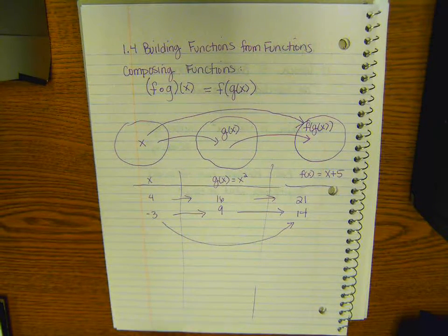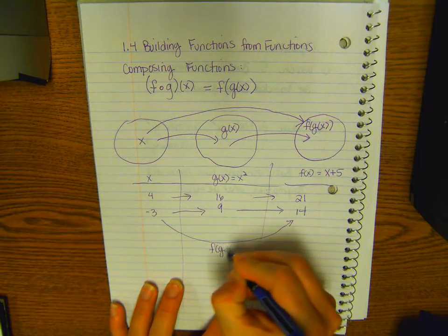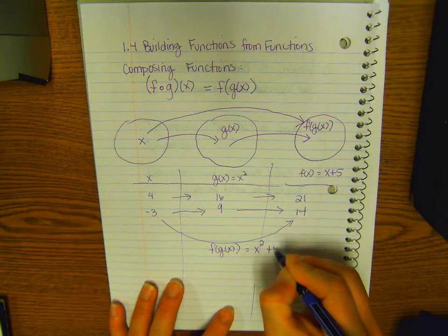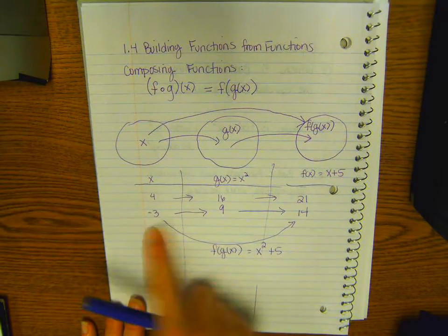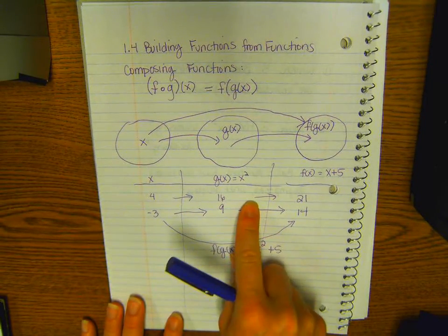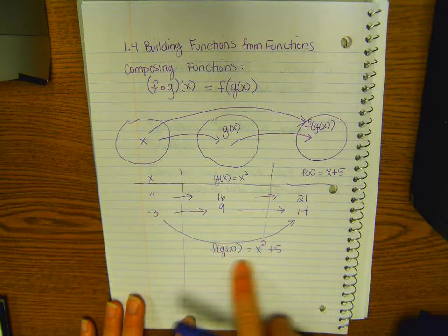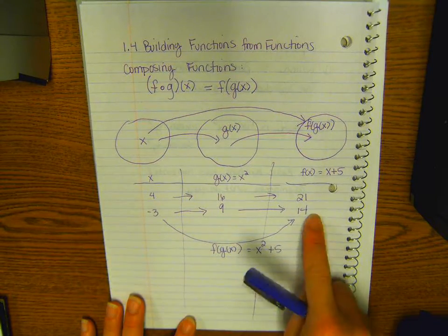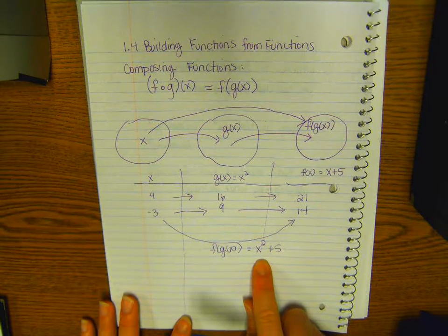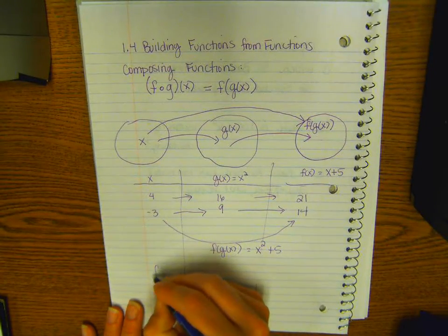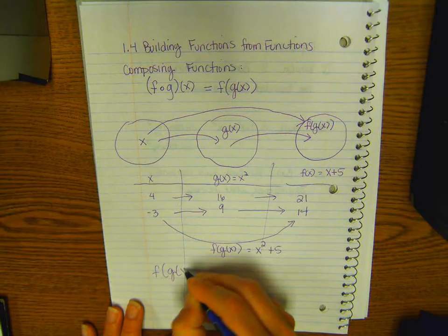Write a new function. I'm going to call it f of g of x. X squared plus 5. Exactly. Think about that. I squared it, and then I added 5. I squared it, and then I added 5. So my new function, f of g of x, that would take this all the way to here, would be x squared plus 5. Really what's happening, I'll show you, is when you take f of g of x, this is what I tell people,